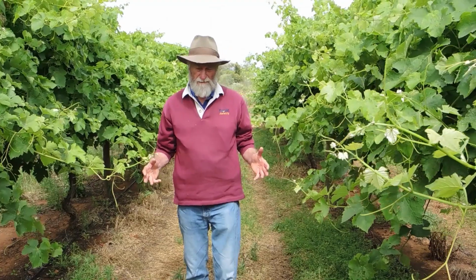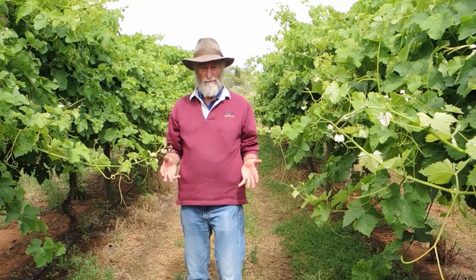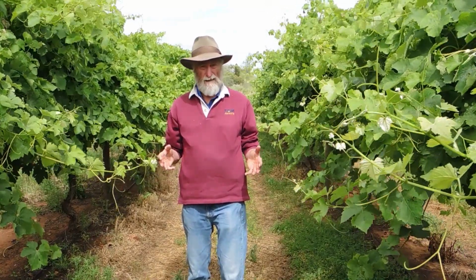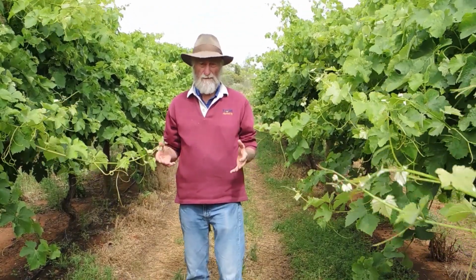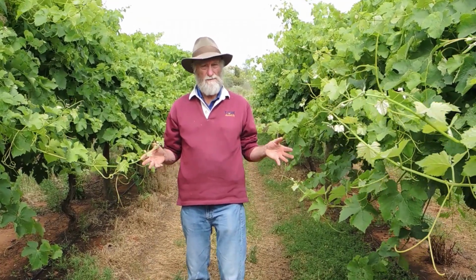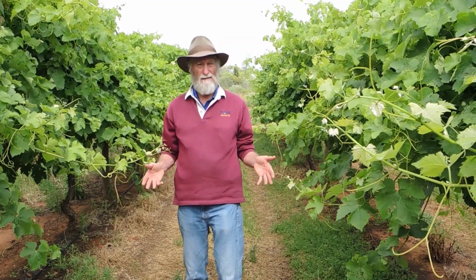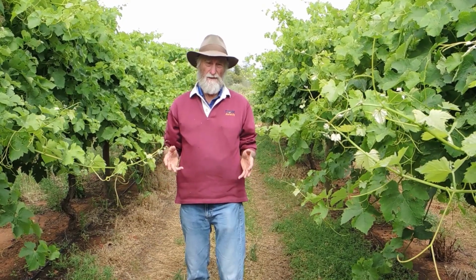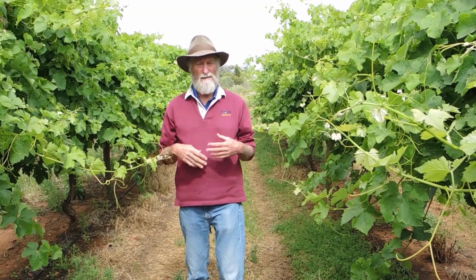There's going to be an evolutionary process here because the Medic is a legume. It's going to provide nitrogen from its fixation on the root system, but that will then provide an atmosphere in the soil, or on the soil, for the stimulation of other plant growth. And so typically we'll see over time the Medics will reduce in population, and other plants, particularly the grasses, will come in because we've got that high soil nitrogen that's been developed,